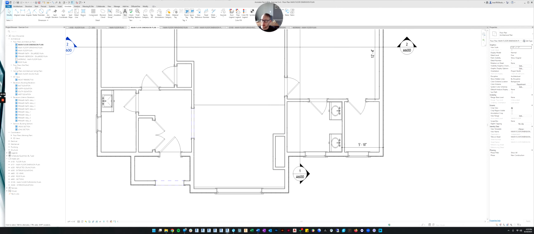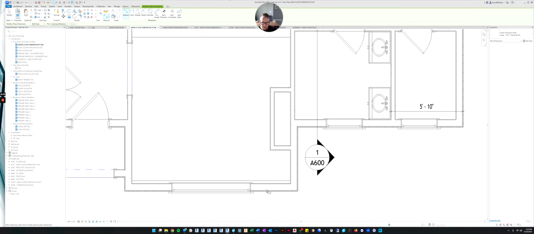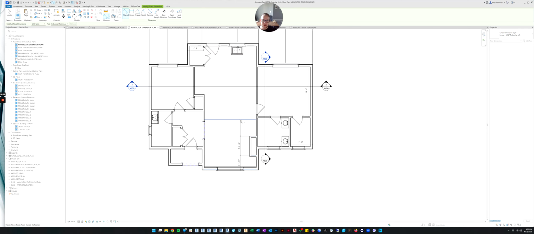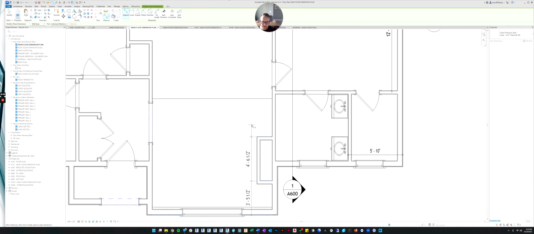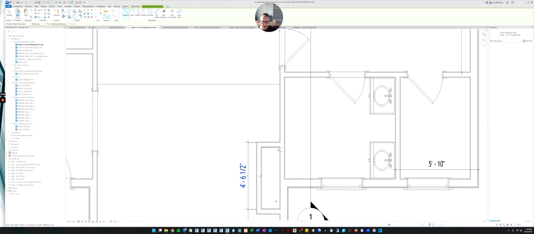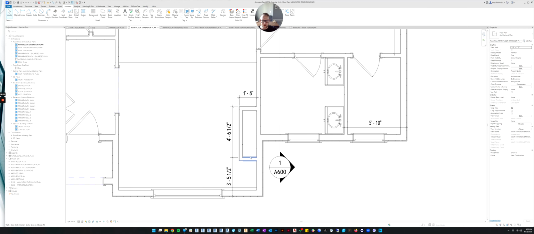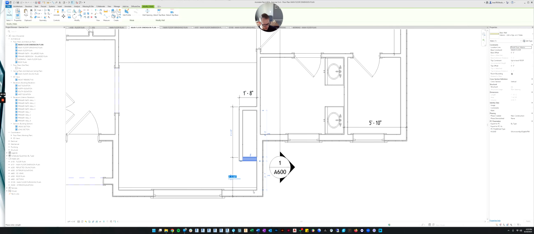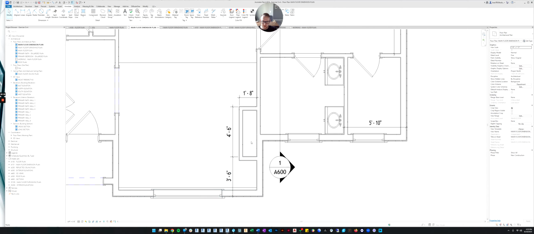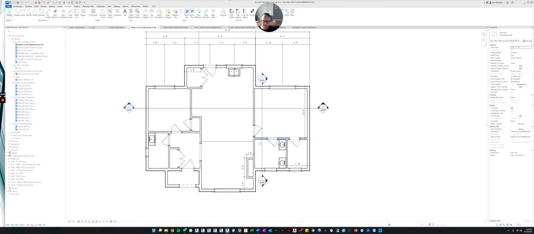So the fireplace is another thing we need to dimension. So let's grab the exterior wall and then we'll pick the top side and the top side. And that's really all we need. And then we need the depth of it, this wall right here. So let's click the face of that to the face of that. And there you go. And again, I think I would clean this up so that it's nice dimensions.